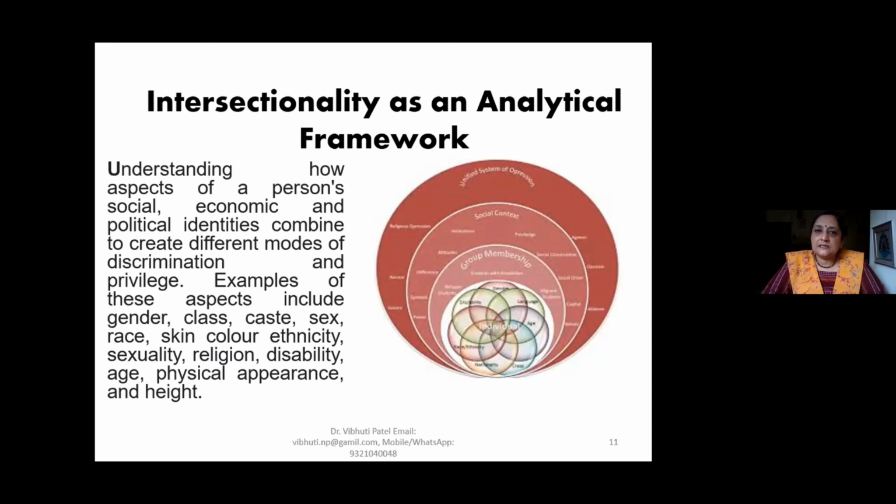Physical appearance: today's society is a selfie society where everyone wants to look the best. And what are our standards of beauty? Do we accept the diverse standards of beauty, or do we have only a monolithic standard of beauty, of figure and feature and color of your eye and color of your hair? If you have straight hair, you are beautiful; if you have curly hair, you are not. So all these things create intersectionality. They keep layering, and unequal power relations between them.